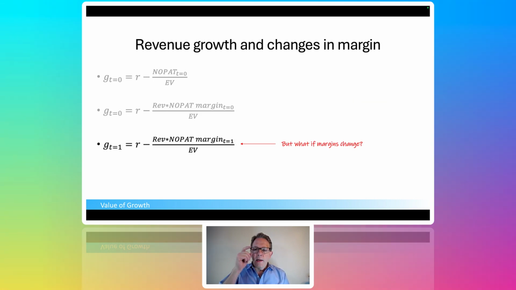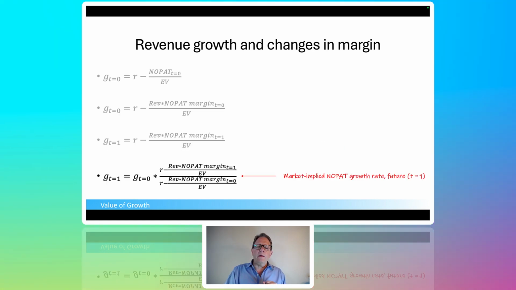All right, but if margins do change in the future, what I'm doing here is really looking at two points, today and sometime in the future, rather than have margins change every year, because margins have a limit. They can only change so much one way or the other. Let's pick two time periods, today and then a year from now, two years from now, or three years from now, when you think the new margins will expand. So let's pick the margins from today, margins from in the future, that change in margins, and then we can calculate back what the market-implied revenue growth rate is. Okay, great. All right, so here's the formula.